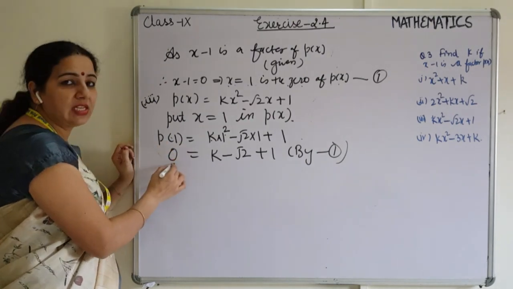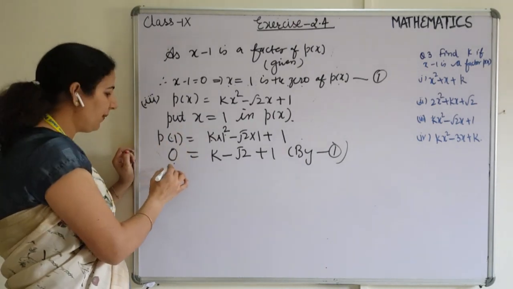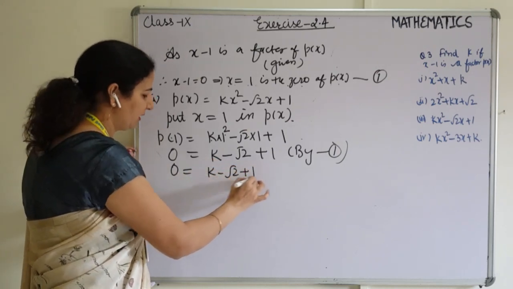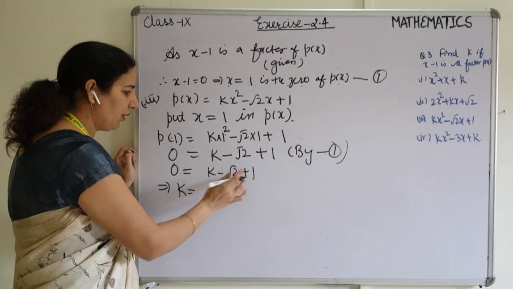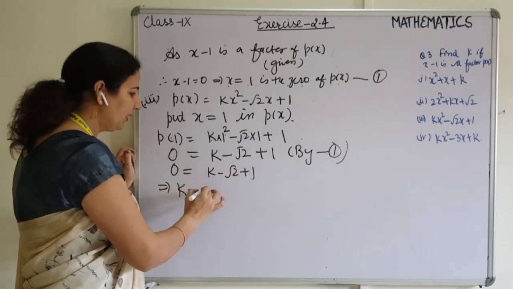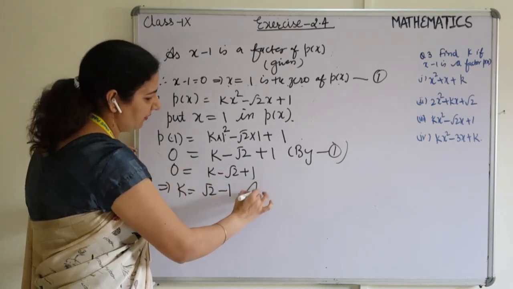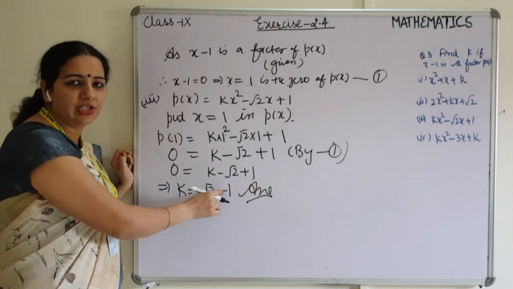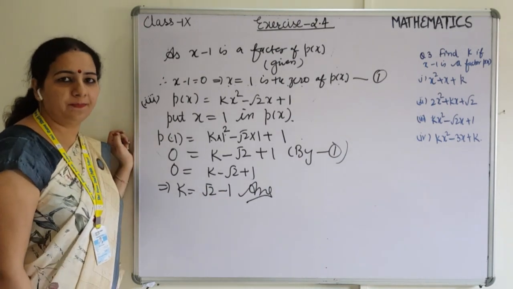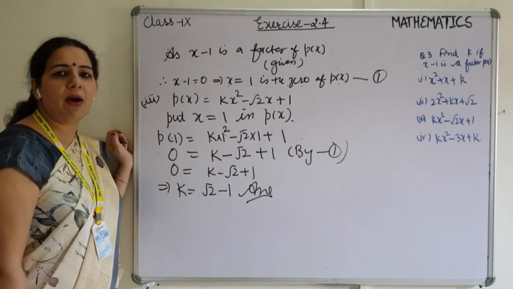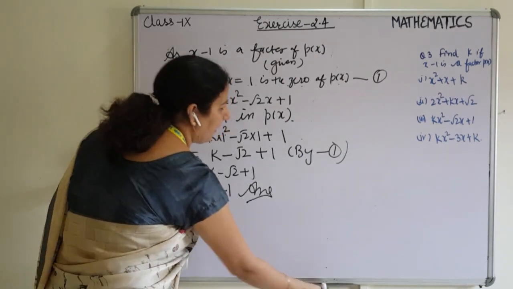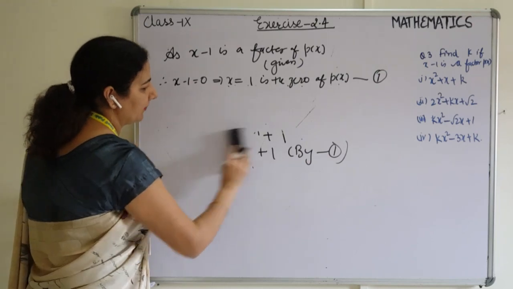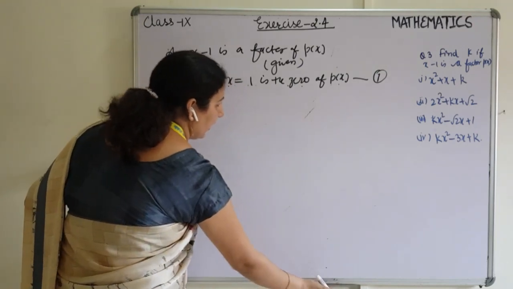In maths you have to give a reason for each and every step. Why you are using this 0, why you are putting the value, you have to mention these points. Then k minus under root 2 plus 1 equals 0. This implies k is equal to, shifting these two numbers this side, under root 2 minus 1. They both can't be added or subtracted, because one is irrational and one is rational. Fine students, this is all about part number 3. Now I am going to start part number 4. In part number 4 they have written 2 k's, means 2 values they have written here.